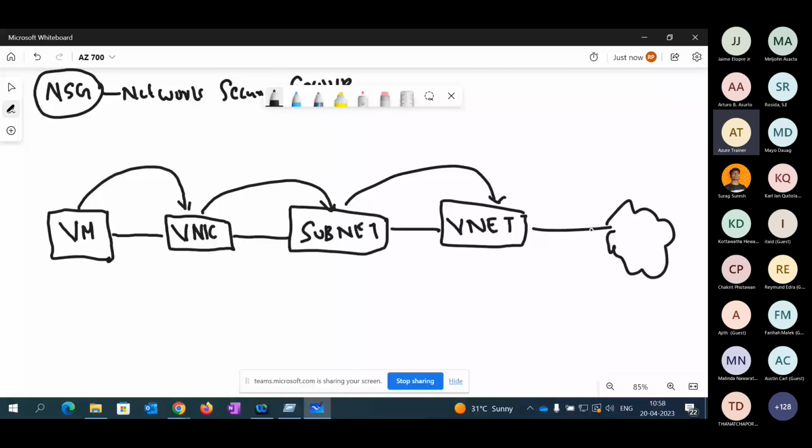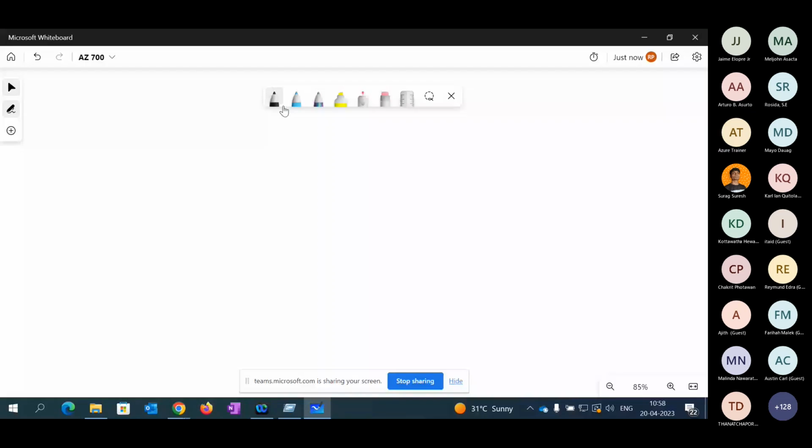Now I'm discussing another concept: how communication is connected, or how a firewall or internal traffic management can be configured. For example, when we discussed one subnet to another subnet, by default the communication is available.